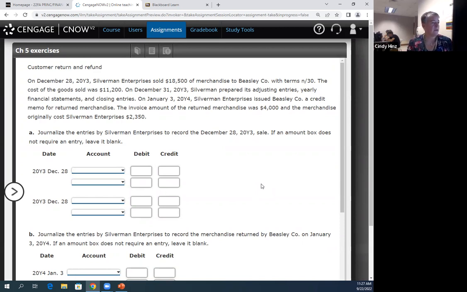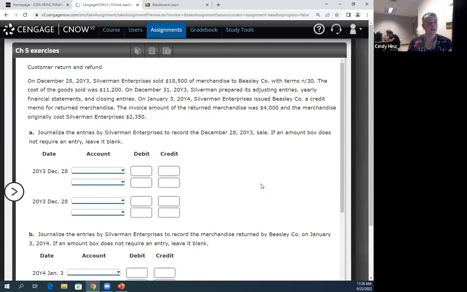On December 28th, 2023, Silverman Enterprises sold $18,500 of merchandise to Beasley Company. The terms were net 30, so Beasley had 30 days to pay. The cost of the goods sold was $11,200. On December 31st, 2023, so just 3 days later, Silverman, who was the seller, prepared its adjusting entries, yearly financial